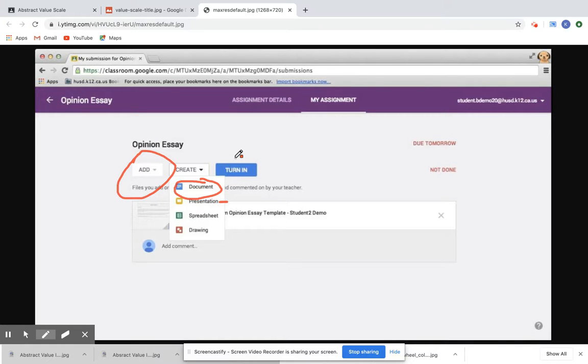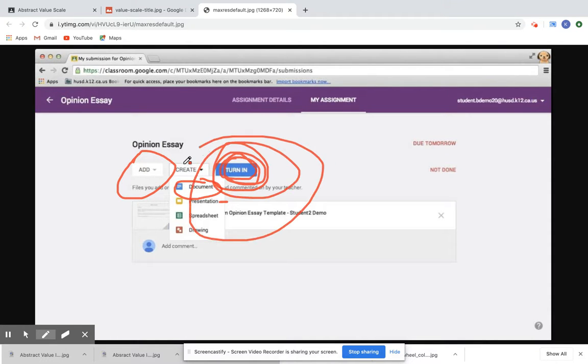And then this is key to make sure that I get it on Thursday. You want to click turn in. This guy right here, you can't miss it. It's blue. Woo! And it will submit then. You can also check on the side. If it says not done, it just means that you did not submit it. So I want to make sure that you guys will just go in, make